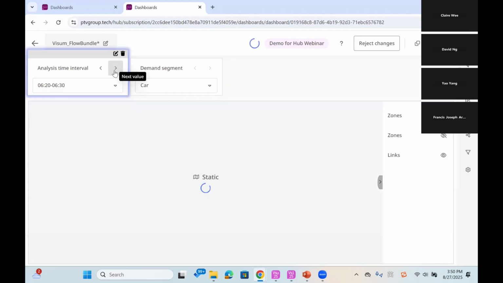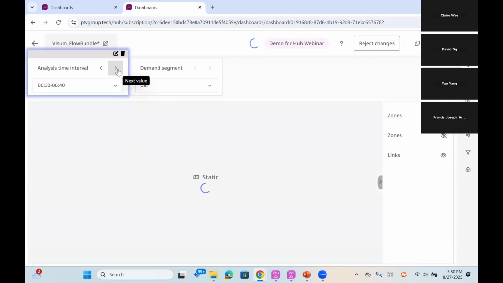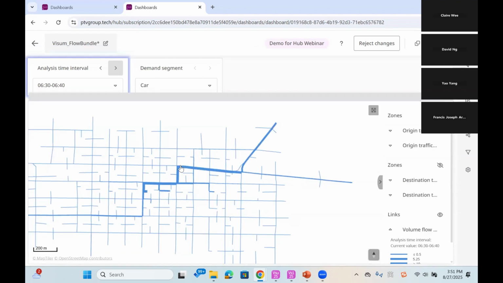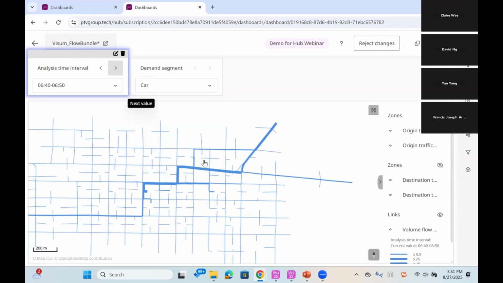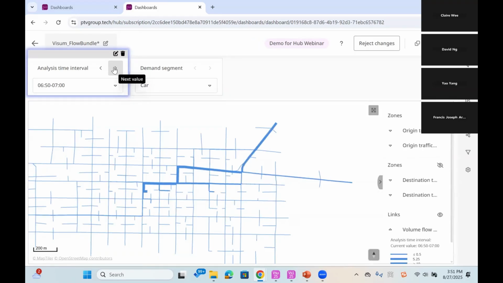If I toggle through the analysis time interval, you can see that the traffic is coming into the network, the bar width is getting larger, and the traffic is moving from left to right,